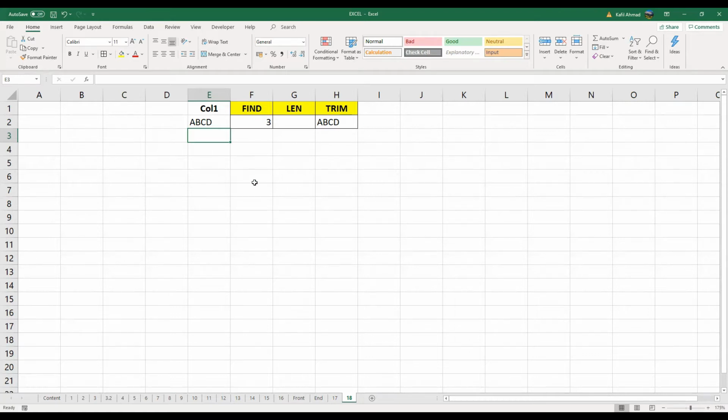Today I will show you how to find a specific value from a huge amount of text or from a row, and then I will show you the length of the whole value in a single row, and then what the trim would be. So for this,